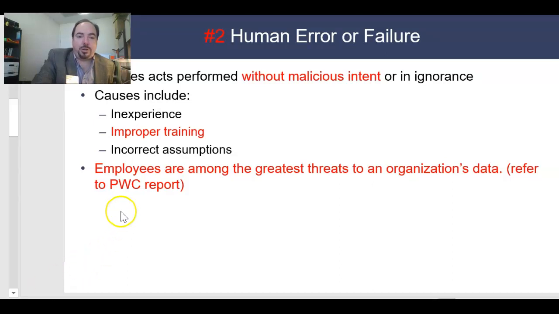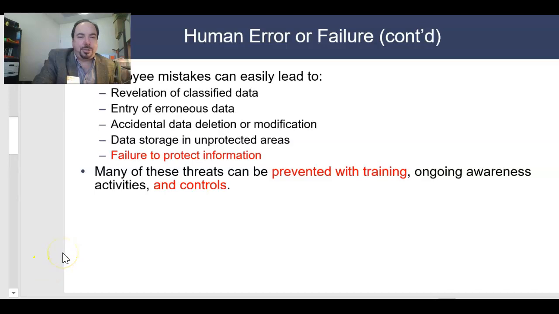There is a PricewaterhouseCoopers report I'll stick on Blackboard for you to take a peek at that points to employees as one of the greatest threats to an organization. Also notice that when we're talking about protecting information, it's not just about a data breach or leaking information out onto the internet. It could also be training employees not to delete information that they're not supposed to, which has everything to do with proper access control. They shouldn't be able to delete things that you don't want them to. Or keying in incorrect information. That is also a threat to information security, having wrong information in the system.